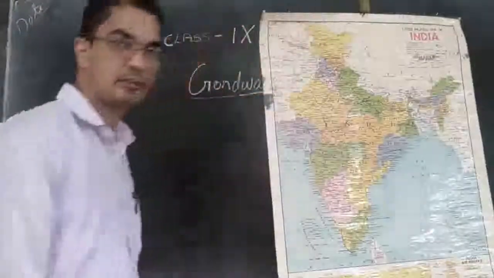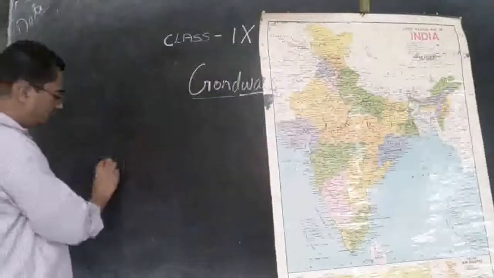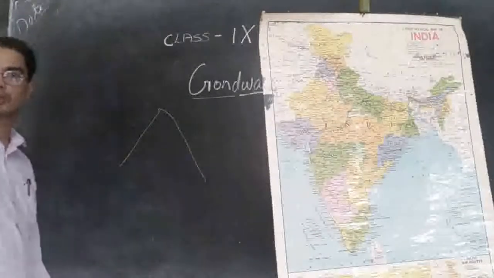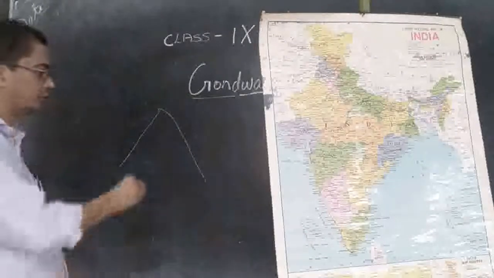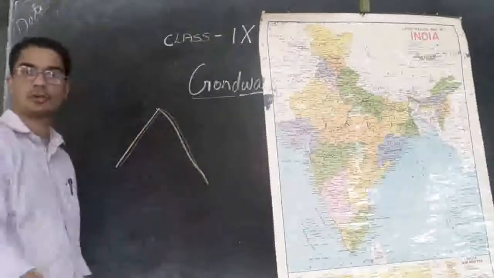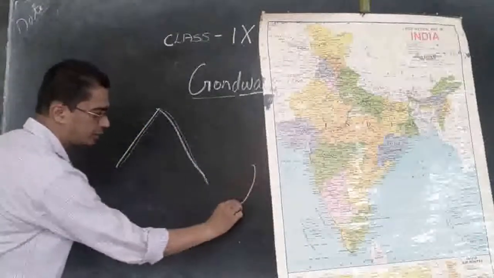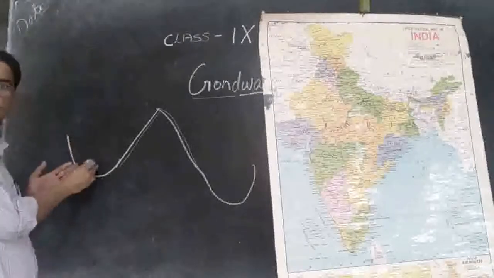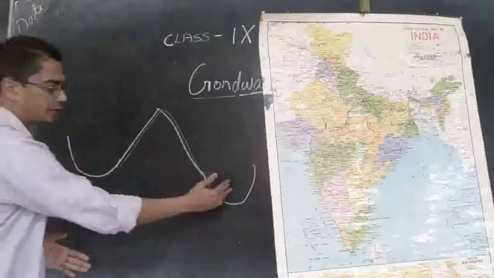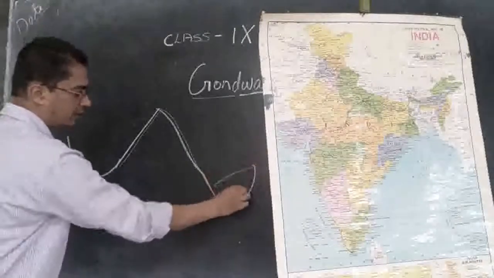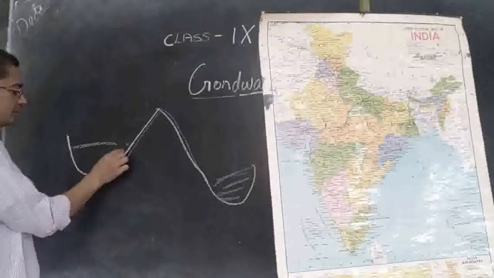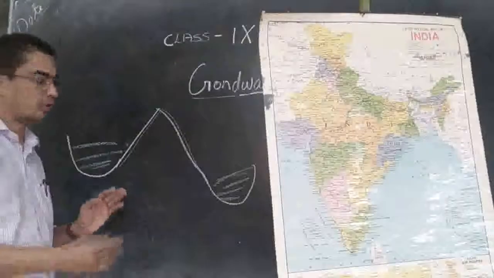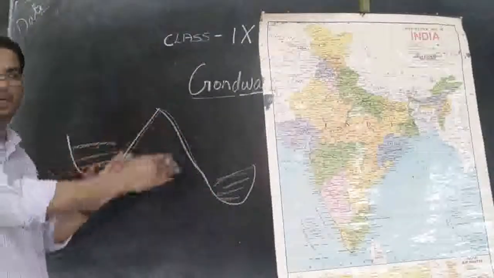Let's say, for example, the Himalayan mountains are folded up. So what happened? All these sides will be like a valley. All the soil from here went up, so this place became vacant, empty. Nothing is there. So on both sides it created a valley, because from here the land went up and both sides